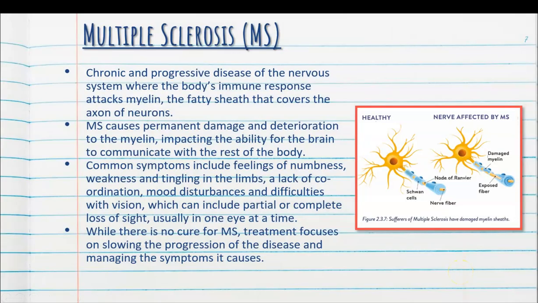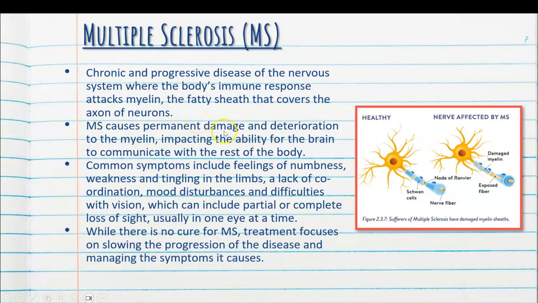Okay, multiple sclerosis, or MS, as it's often referred. So this is a chronic and progressive disease of the nervous system, where the body's immune response attacks the myelin sheath, which is the fatty protectant that covers the axon of our neurons, as mentioned in my neurons video. So MS causes permanent damage and deterioration to the myelin sheath, impacting the ability for the brain to communicate with